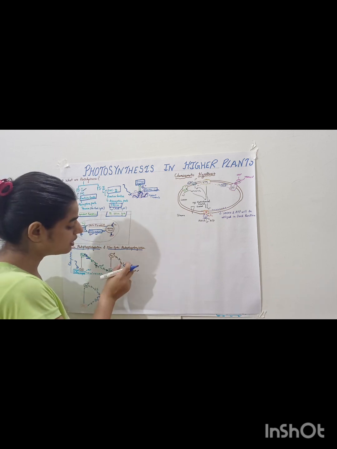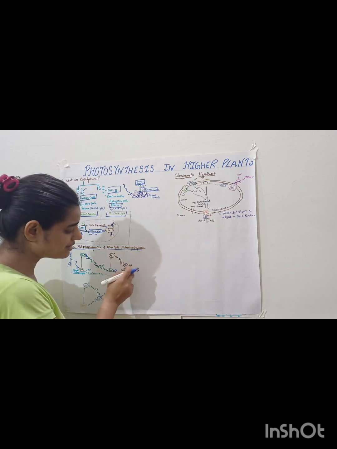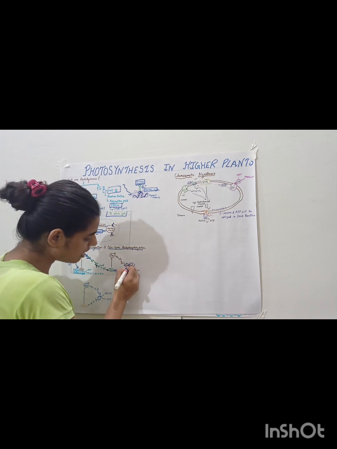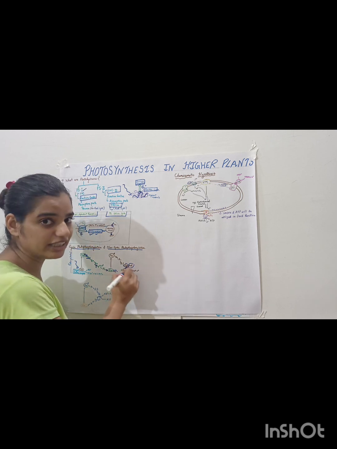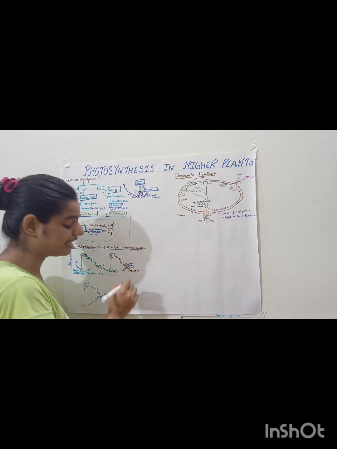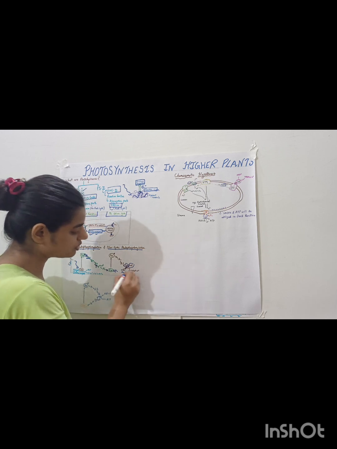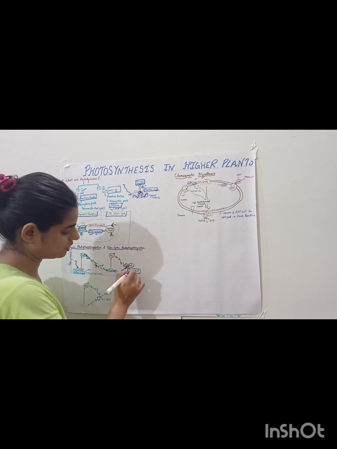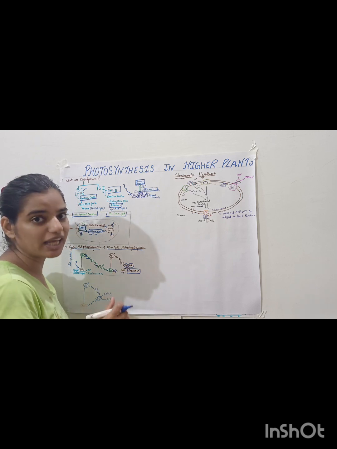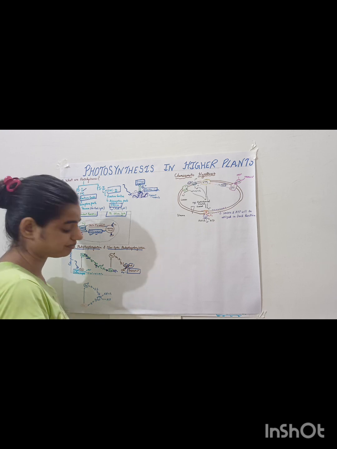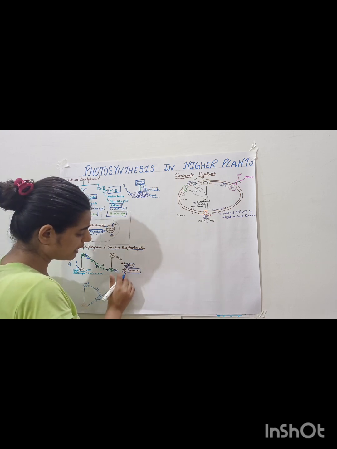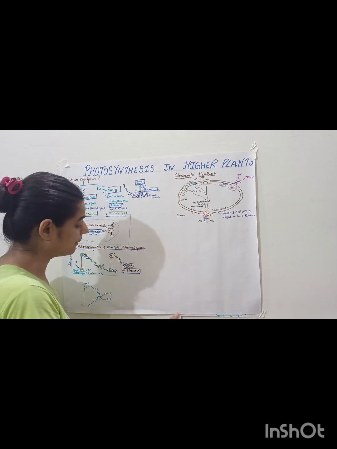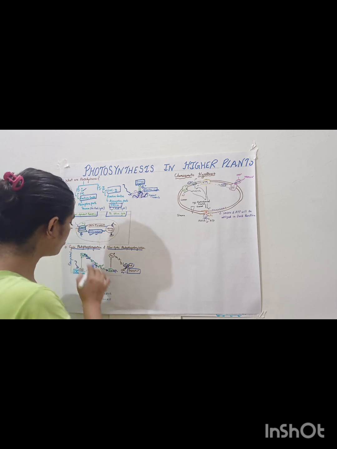From the ferredoxin, the electron is transferred to an enzyme, ferredoxin NADP reductase, and this enzyme transfers its electron to the NADP. When the NADP gets the electrons plus hydrogen, it is converted into NADPH plus H. So what is NADP? Nicotinamide adenine dinucleotide phosphate. It gets the electron from the FNR, the ferredoxin NADP reductase enzyme. So this is the whole process of the